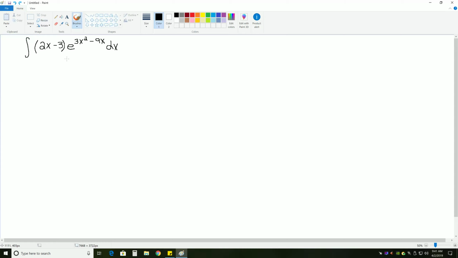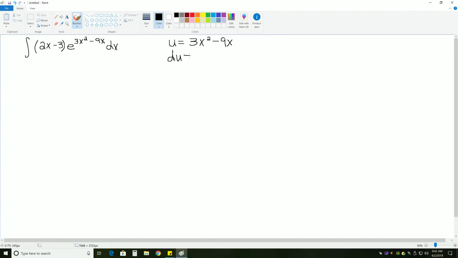So, we want to let u be equal to the function inside of our most complicated function. If you notice, e to the 3x squared minus 9x is much more complicated than 2x minus 3. So we're going to pick that as our complicated function, and we're going to let u be what is inside of that e, which is the 3x squared minus 9x. So we'll say u equals 3x squared minus 9x,